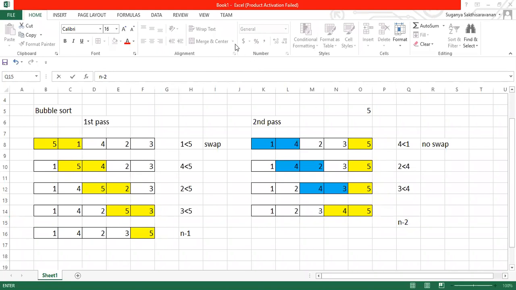Guys, keep in mind the logic behind this bubble sort: once this data has been brought to the appropriate position, at the second iteration, you're not supposed to check this one. Some of this data is arranged and is kept at the appropriate position. Same way, after arranging this data, you should take only this range. You should not again come here and check for the remaining values. Is it clear? Like this, you can have n number of passes. For the first pass, n minus 1 iterations will be taken. For the second pass, n minus 2. For the third pass, n minus 3 iterations will take place. Is it clear with the logic of bubble sort?